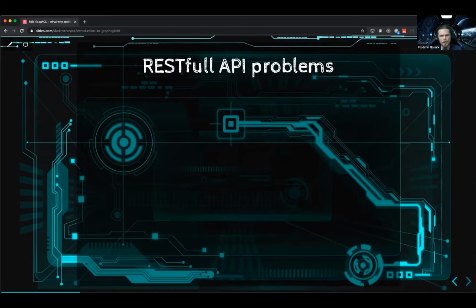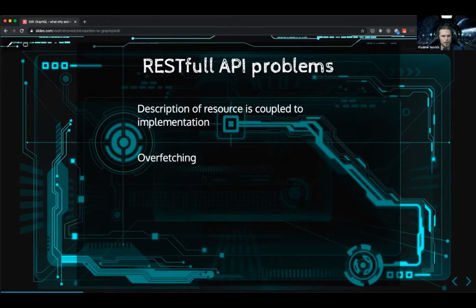Now, RESTful API has some problems, and these problems are in one of the major statements of the RESTful API, that a resource is coupled to implementation. Apart from that, overfetching is a commonly spotted problem. And the idea is when you get a request for a certain page and you need to display, let's say you have a blog CMS and you display a list of posts and you just need to display a username.